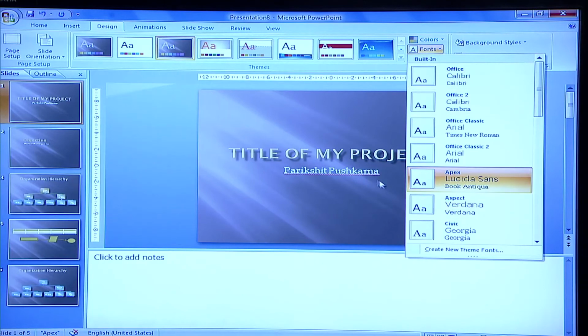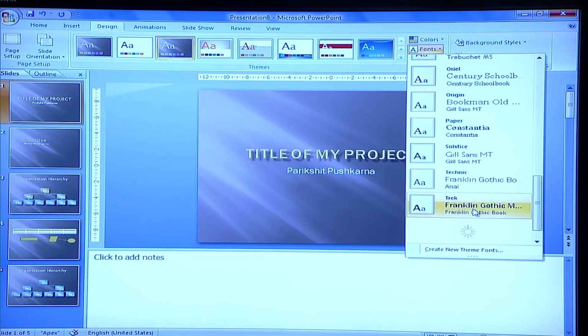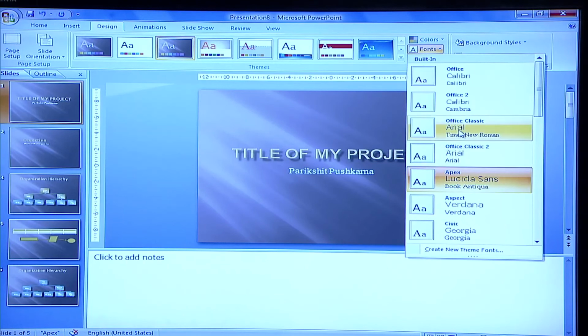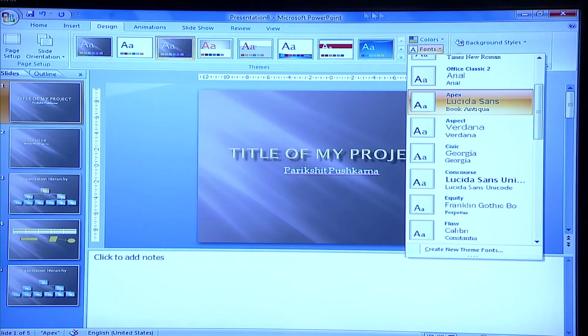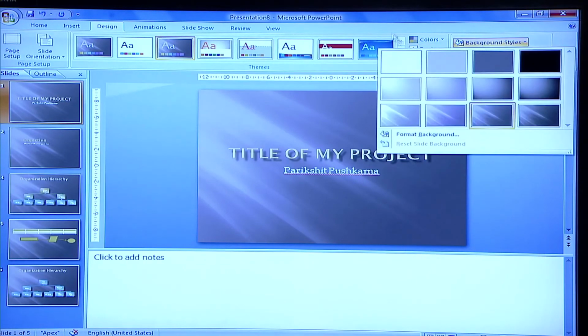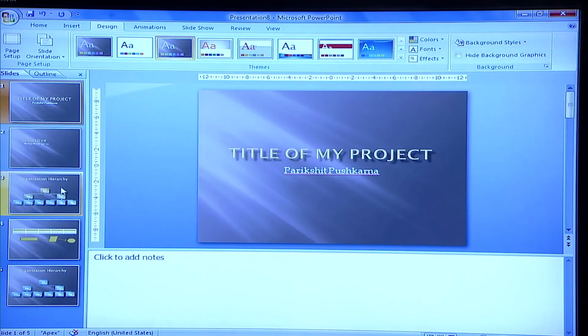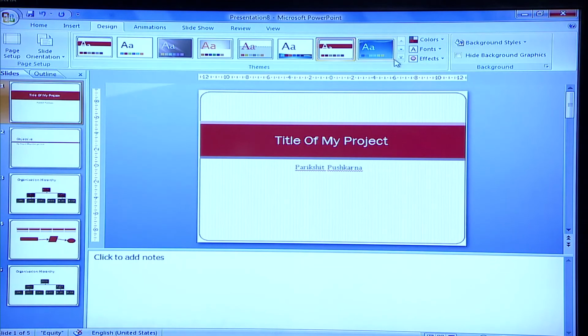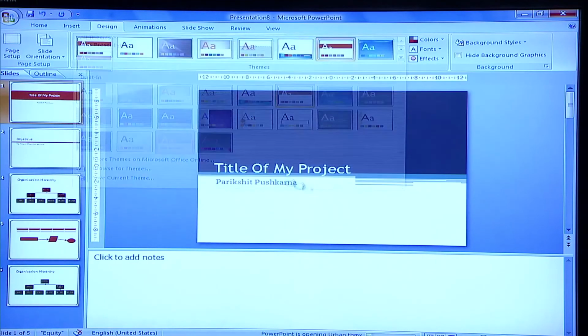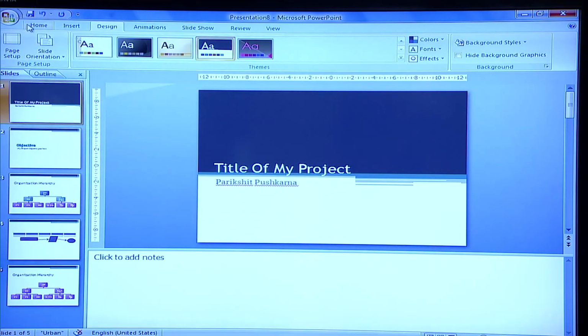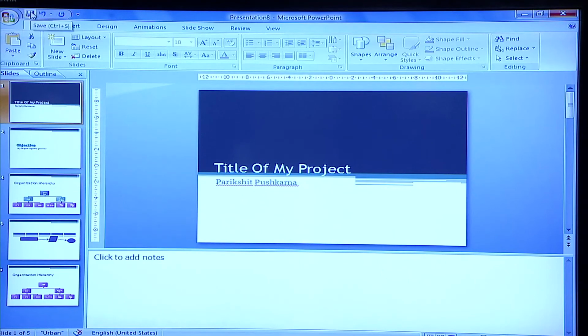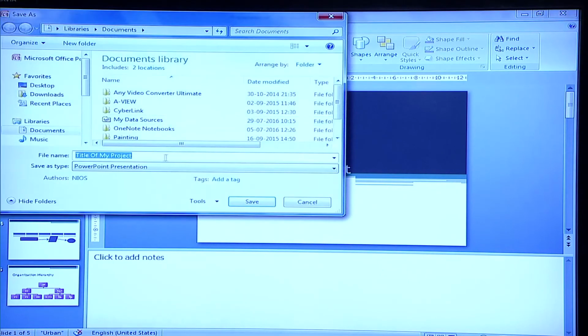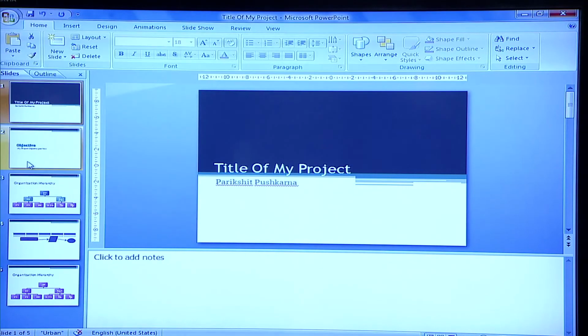By making these modifications to your design, you can modify your template, and you have got a nice looking presentation. You had worked on the basic one, but now you see you have got a wonderful presentation. Now, how to save it? Save is as simple as in any other Microsoft document. You can save your presentation in any folder that you want.